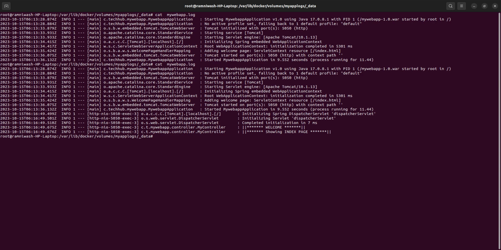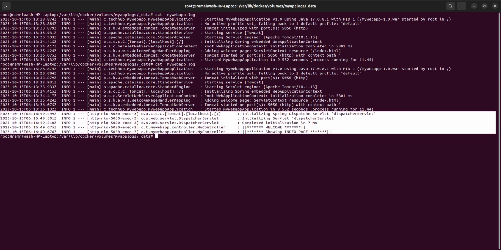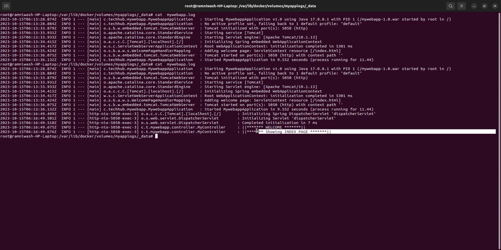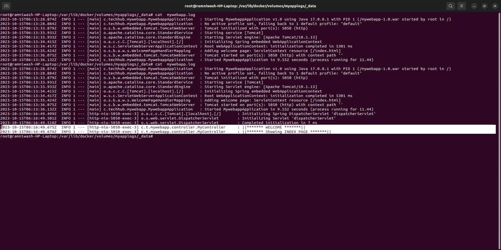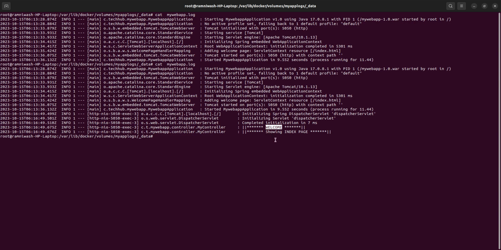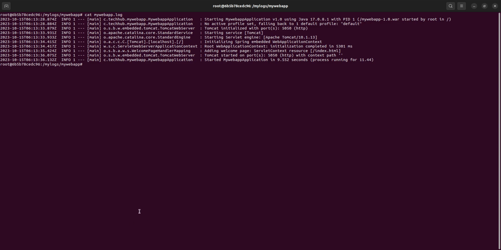Now you see both sides. Now it is initialized. These many extra statements are added. First it is trying to initialize the dispatcher servlet. Initialization of the dispatcher servlet is completed in 7 seconds. Then it is coming to the welcome controller home. It's coming to the controller. In that controller we are logging welcome and showing the index page. Same should be available for